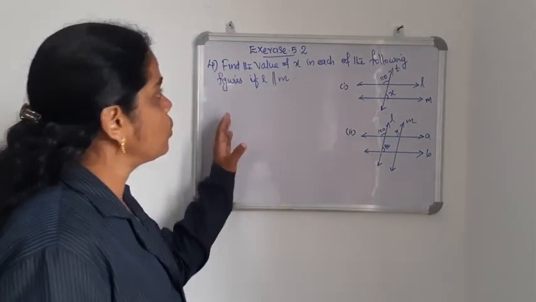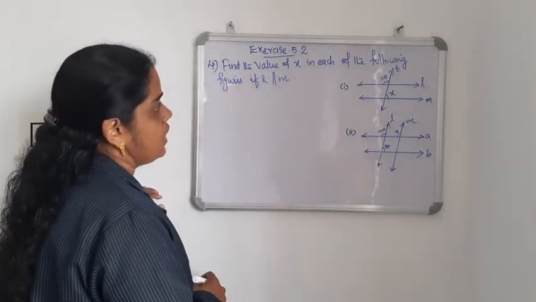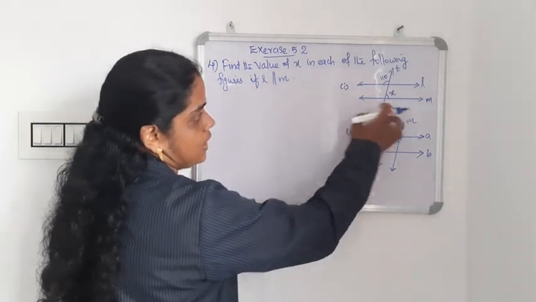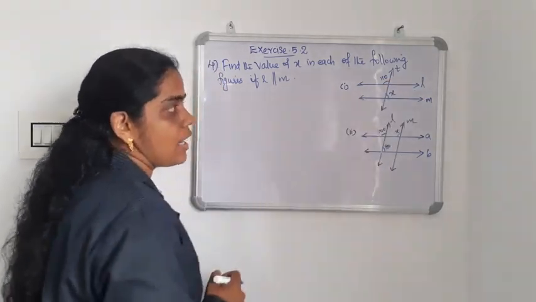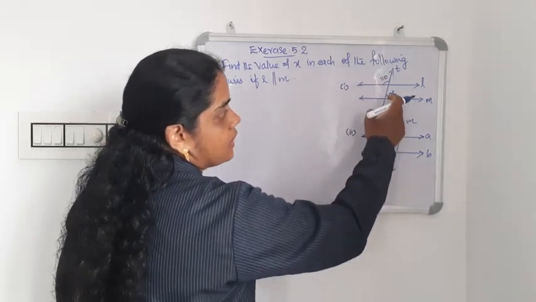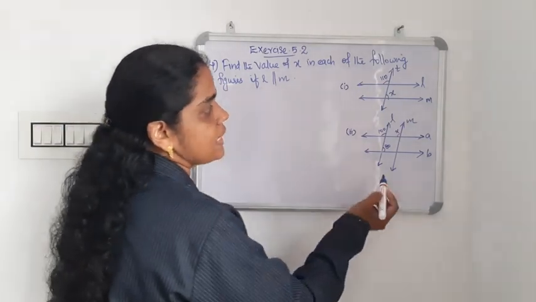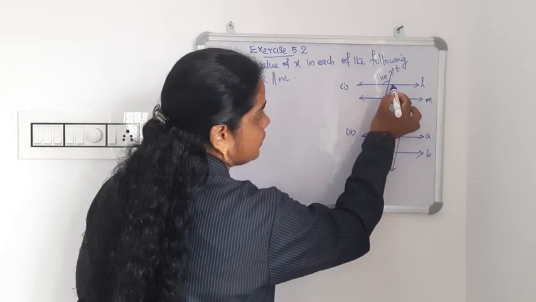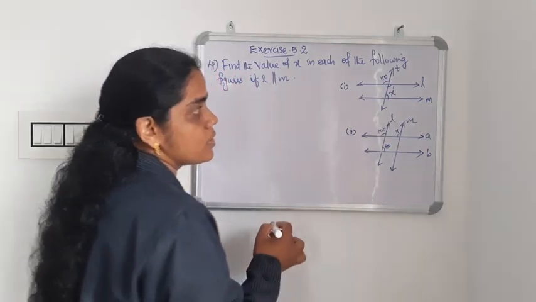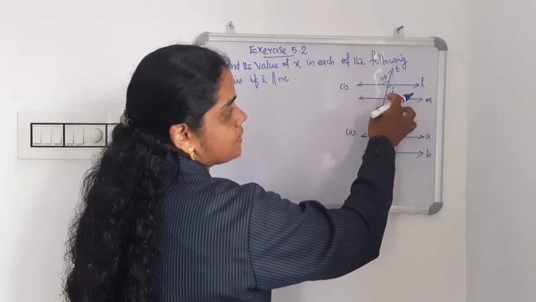Next we can discuss the fourth question. Two questions are there. Find the value of x in each of the following figures if L is parallel to M. In this question, L is parallel to M. What is the value of x? That is the question. Okay, so here this angle is given and x we need to find out. So before that, we need to apply some rules here. So here this angle we can use as angle 1, because angle 1 is vertically opposite to this 110 degree. Then only we can find out this x.